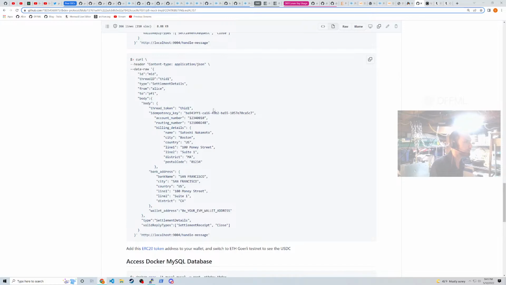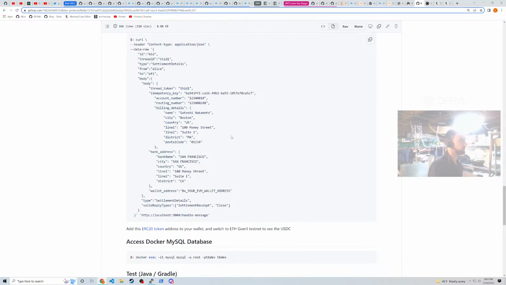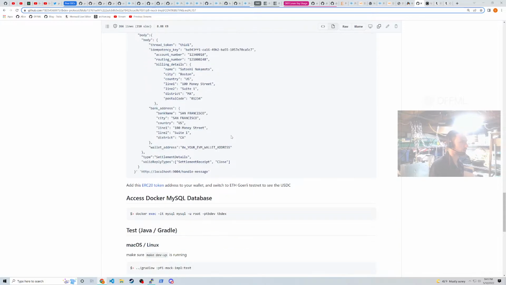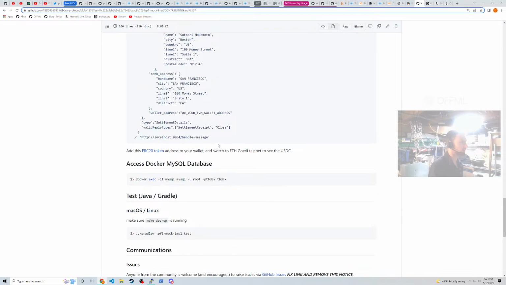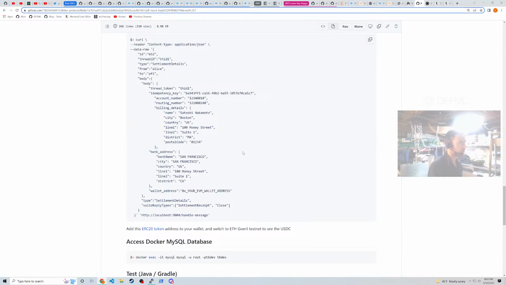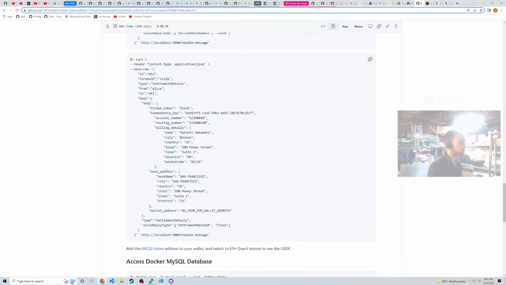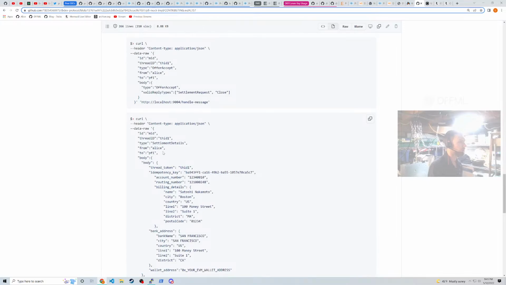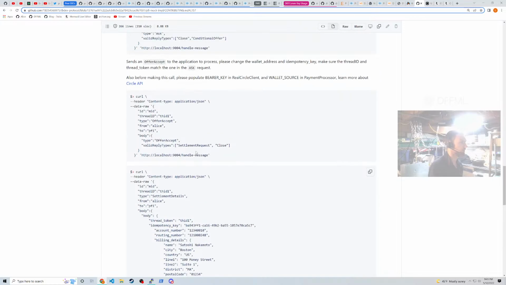Body, thread token. Wallet address, bank name. What is this? From Alice to